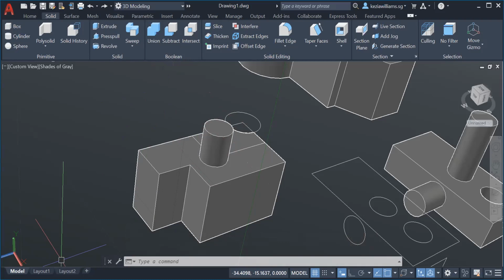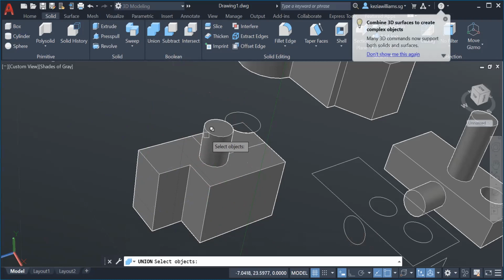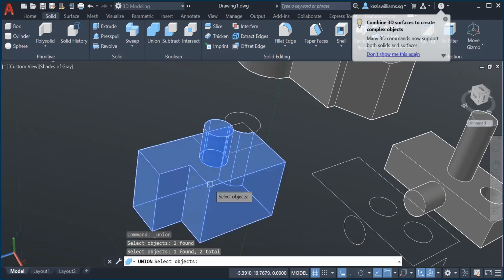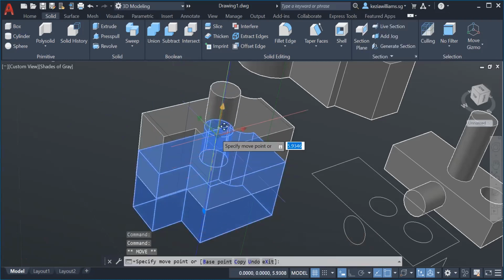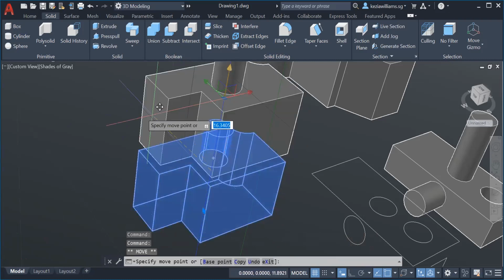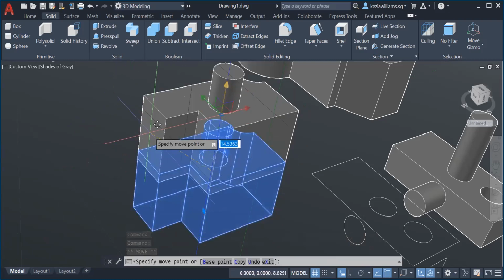Okay, clear? So I'm going to attach this solid, this cylinder solid, to this solid. Okay, so how do I attach? Go to union, press this and press this, enter. Now both have become one. See, now I cannot move separately. If I move, everything comes together. There is no separate thing.